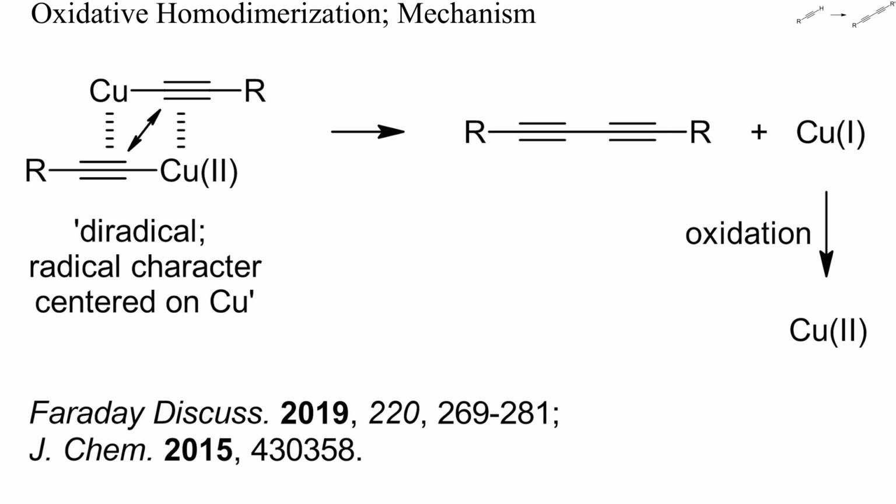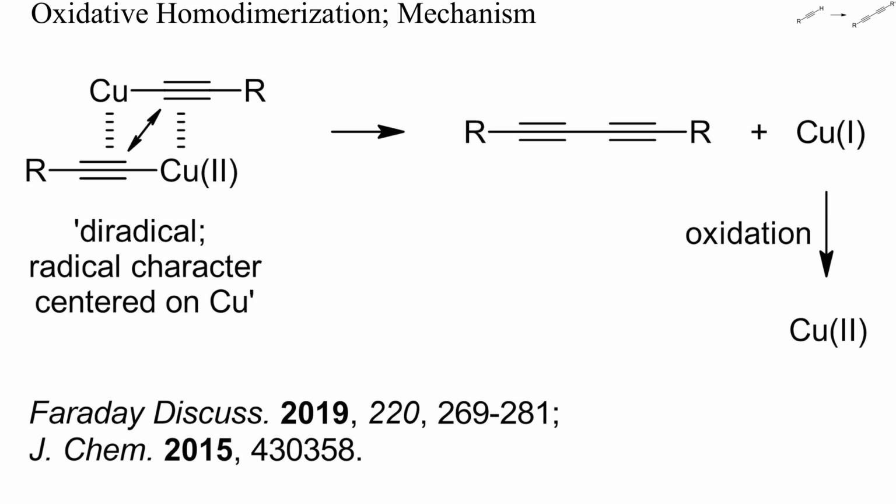Oxidative homodimerization of copper acetylides is related to the formation of cyanogen from cyanide and copper-2 and to the explosiveness of copper or silver acetylide. Unlike calcium or alkali cations, copper-1 or 2 readily oxidize acetylide anions to radicals by single electron abstraction. In fact, calculations have shown that copper-carbon bonds in acetylides already have some diradical character. Copper acetylides also form dimers or oligomers in which copper is bound both to the terminal carbon atom and to the pi bonds of another alkynyl unit, as sketched here.